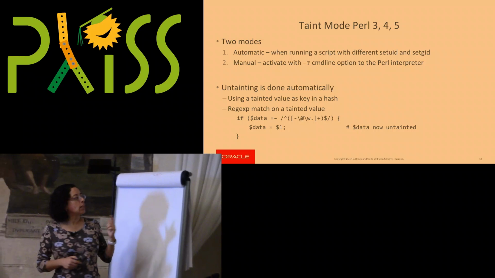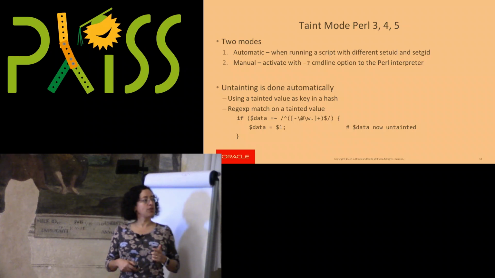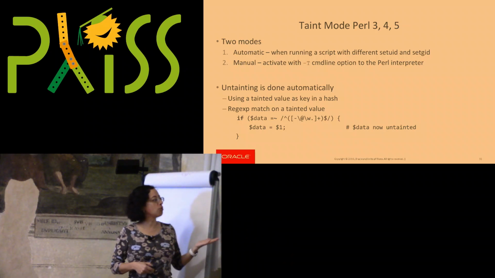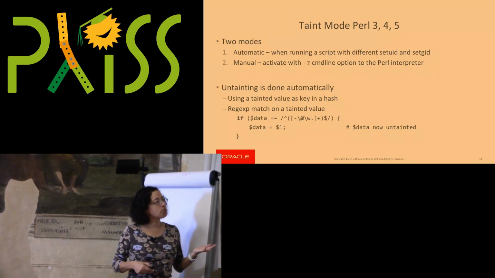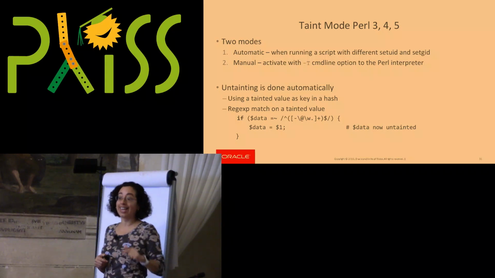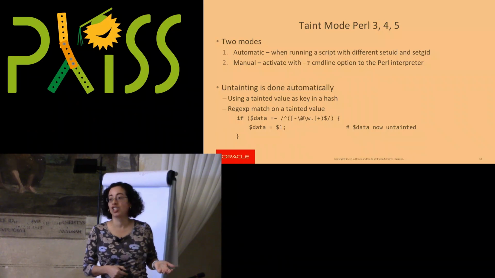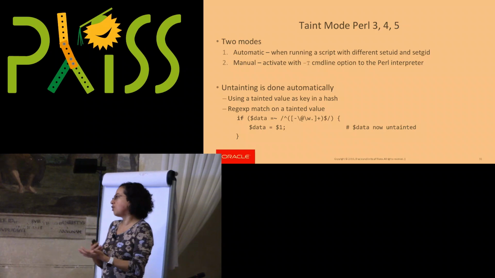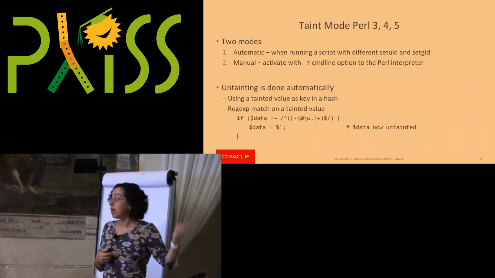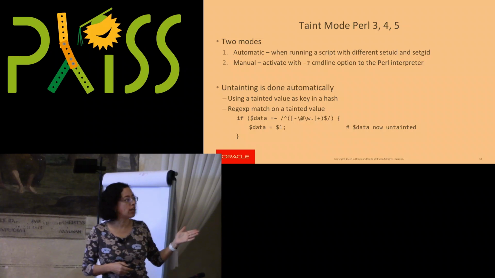Now, one thing that Perl does is that it untaints data automatically purely through regular expressions, right? So whenever you see some piece of code where there's a regular expression, the Perl interpreter is going to assume that you're sanitizing, and hence you're untainting that particular data because that's why you're doing that particular check, right? So notice, again, this was a design decision. This may be correct or it may be incorrect, but that's the way it is done in this particular system.